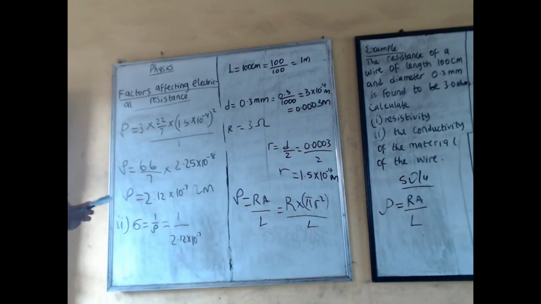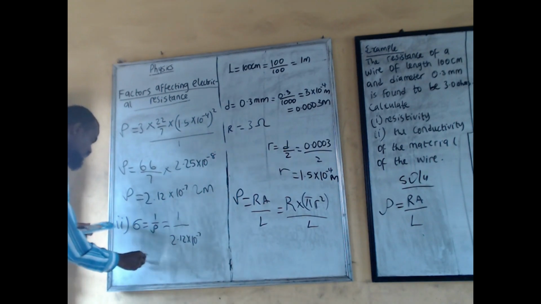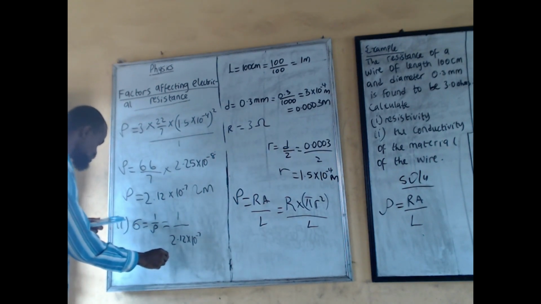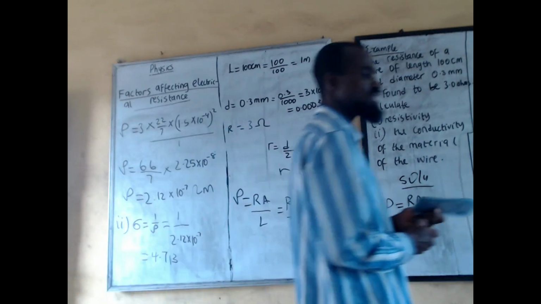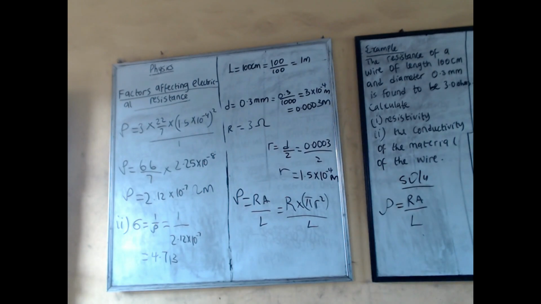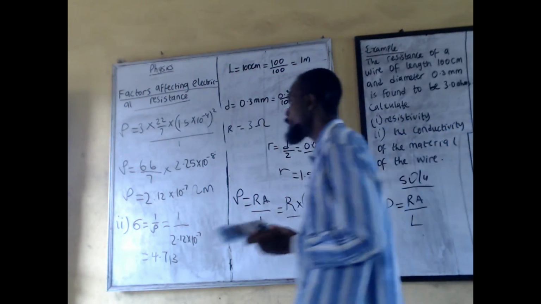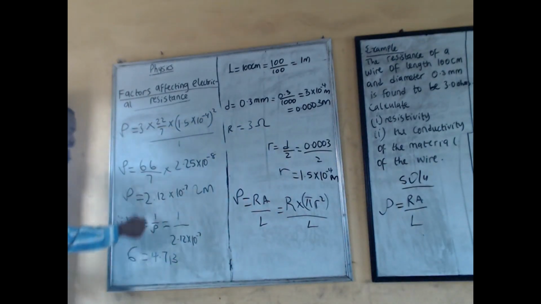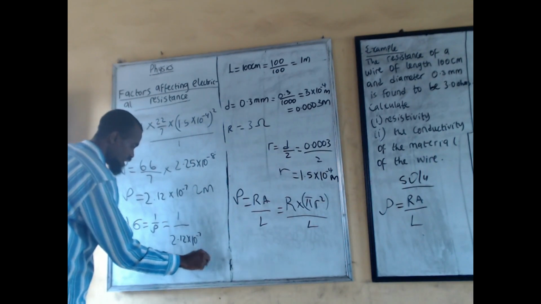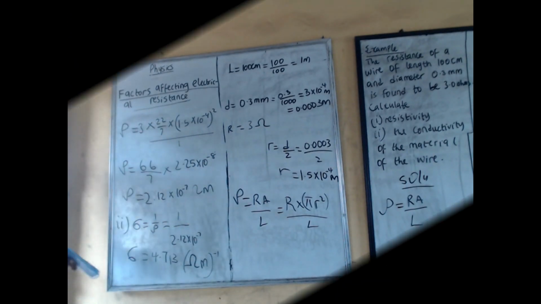Now, 1 divided by our answer will give us 4.713, to 3 decimal places. Now let's not forget our units. I have not mentioned the unit of conductivity. The unit of conductivity is similar to that of resistivity, ohm meter, only that it is raised to minus 1. That is ohm